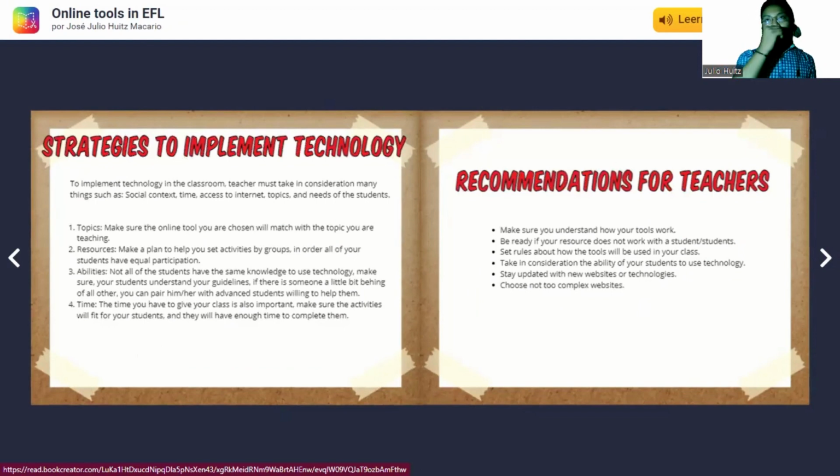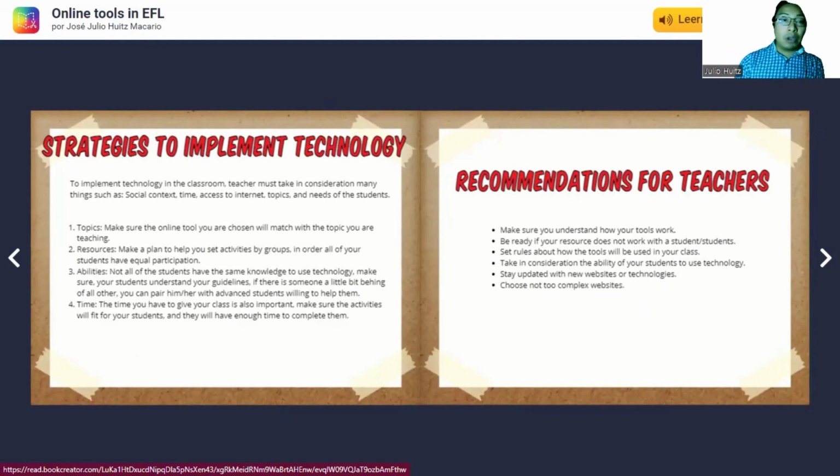Strategies to implement technology. Something pretty important is the topics you will choose to include technology in your classes. Make sure that the topic or the website you are choosing will match the topic you are teaching.